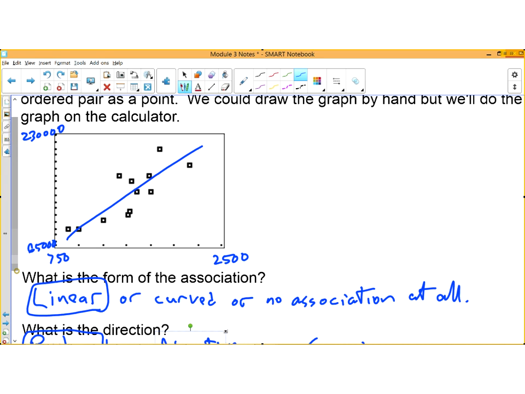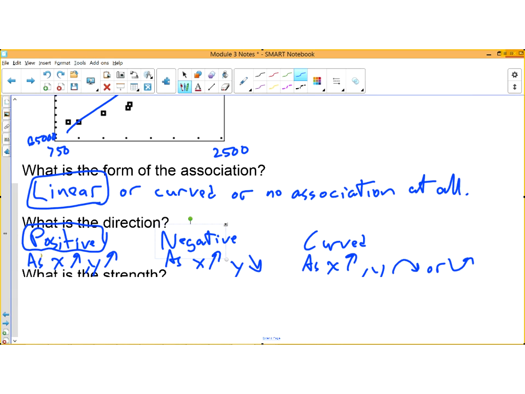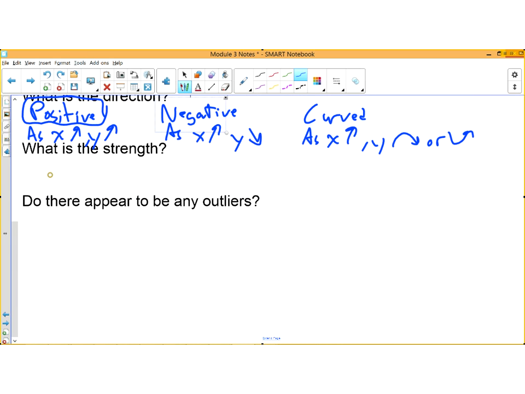I would say, like I said, something like fairly strong or strong. Very strong might not be. We'll see when we start numerically describing strength. But for strength, the question you might ask yourself when you're trying to decide strength: